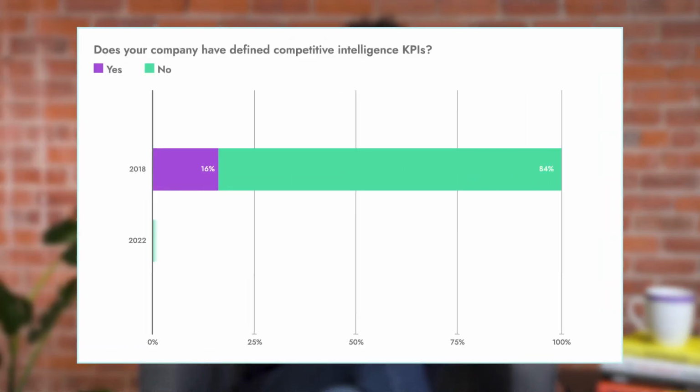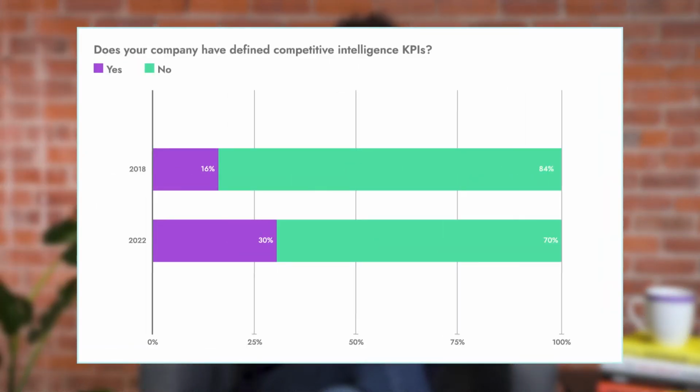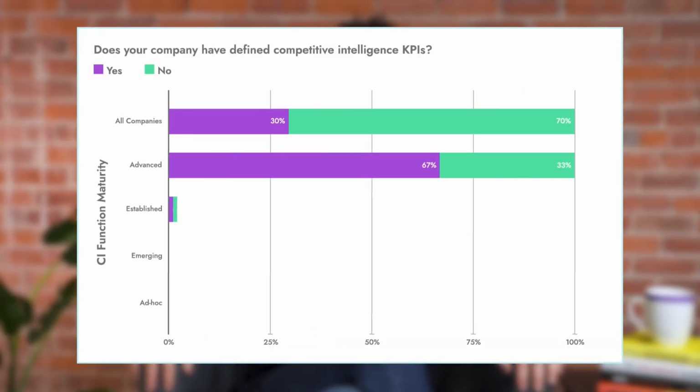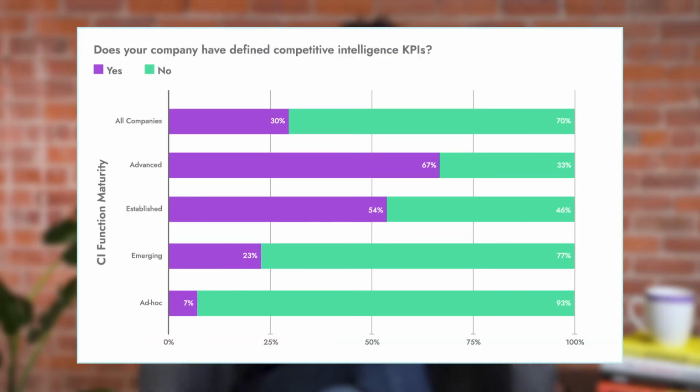Despite the impressive strides made in recent years, less than 1/3 of CI teams are measuring their impact with defined sets of KPIs. This is largely a matter of maturity, as you can see here. Why is an advanced CI program 10 times more likely than an ad hoc one to have KPIs? It all comes down to that